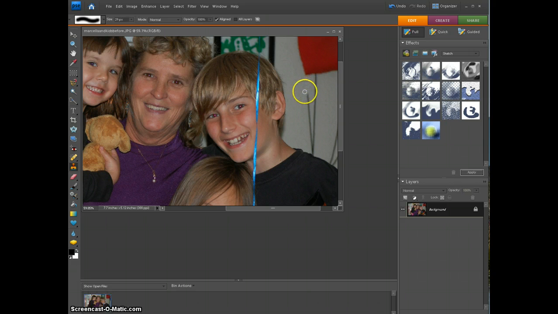Now in this case you can see we're working with a very small area here. If we change the size, that gives us a larger circle from which to work. So again, hold down the Alt key to clone, and then left click to stamp. And by that method, you can erase entire portions of this balloon string, replacing it with a portion of the